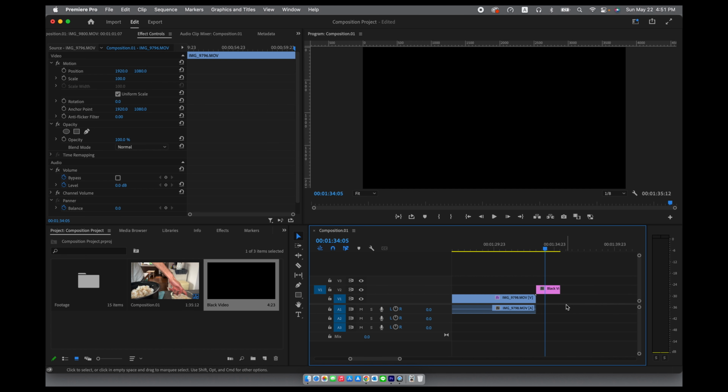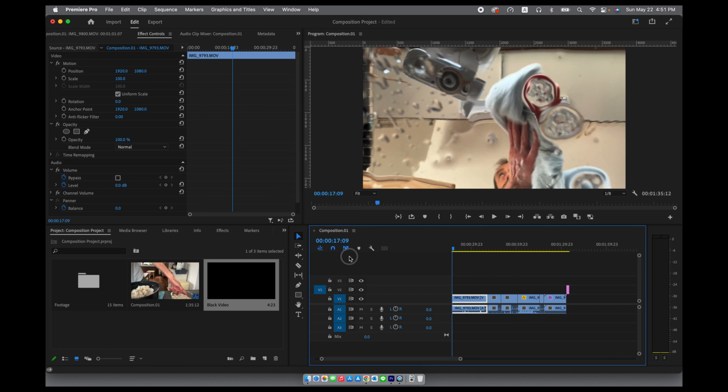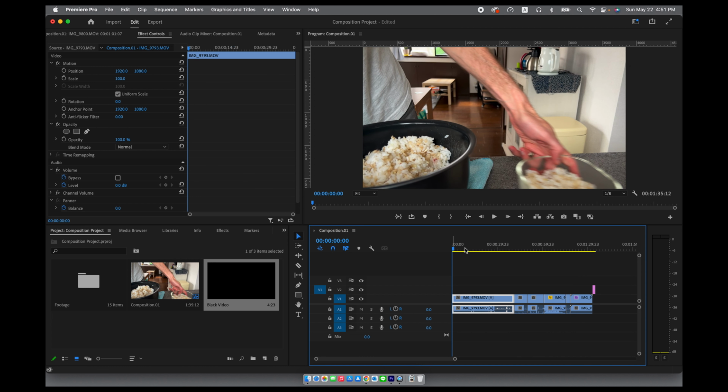Great. 2 seconds of black video at the very end. I zoom out, and I want to put 2 seconds of black video at the very beginning of the video also. That's what I've asked for. So there's a couple of ways I could do that. I could just click and drag and highlight everything